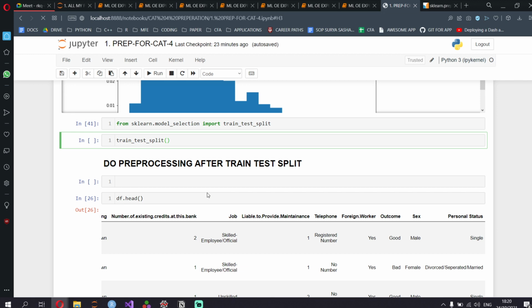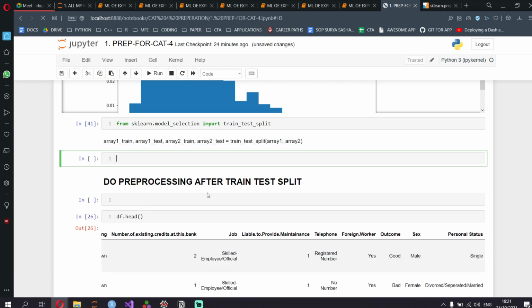Let's say you have array 1 comma array 2. It will return array 1 train, array 1 test, array 2 train and array 2 test. So this is what happens with respect to train test split.